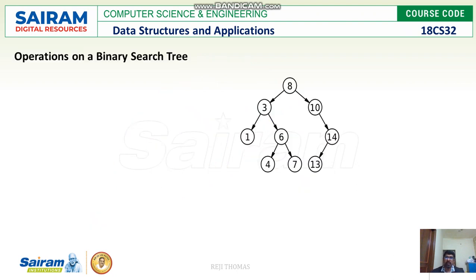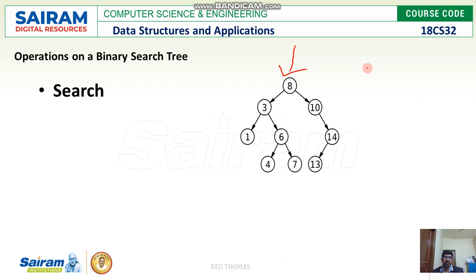So let us see what are the operations we can do with binary trees. Binary search trees normally, as I told, the first thing or the main focus is on search. How easier way we can perform a search operation, because we'll be starting normally from the root node, and we know that all the elements in the right subtree are going to be greater than 8, and all the elements in the left subtree are lesser than 8. So based on the given value, we can make this operation.